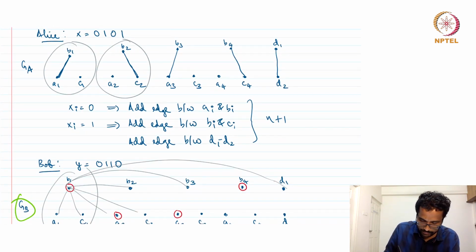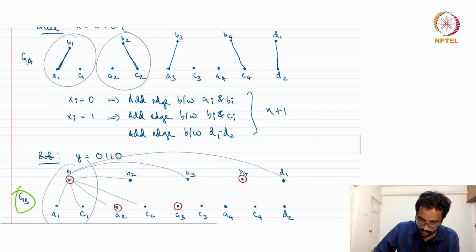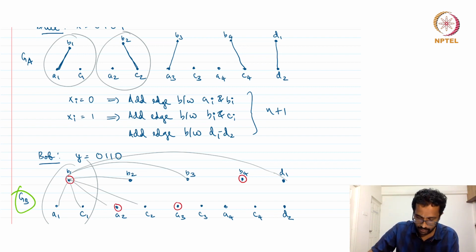The universal vertex is a2, but a2 is not an endpoint of b2, c2, which is the edge added by Alice. In both the third group and fourth group, Alice and Bob are disjoint. Alice has 0 and Bob has 1 for the third index. Alice has 1 and Bob has 0 for the fourth index. And you can see that in the third group, a3 covers a3, b3, and in the fourth group, b4 covers b4, c4. So in any case, if x and y are disjoint, then all the endpoints of Alice's graph are covered